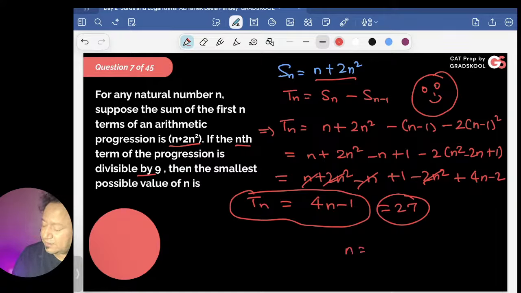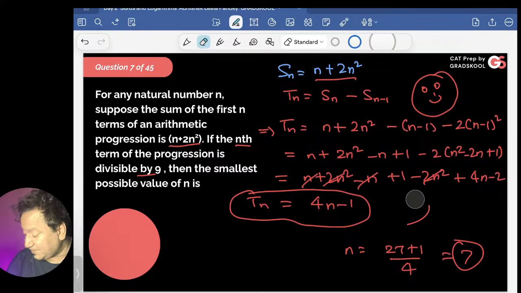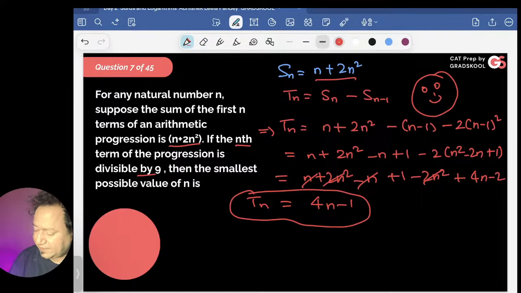n is equal to (27 plus 1) upon 4, completely divisible. Answer is 7. This is by hit and trial, but it's a matter of luck that we found it quickly. But suppose this wasn't possible by hit and trial, what would you do? I taught this in the first class, let me quickly revise it. So 4n minus 1 must